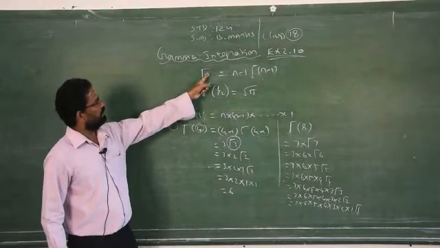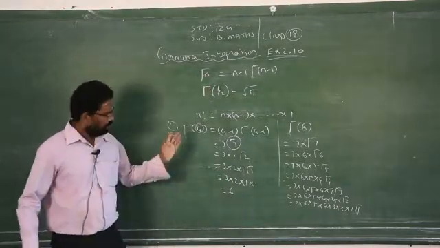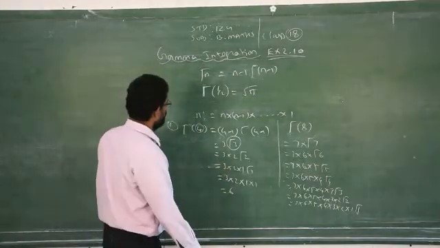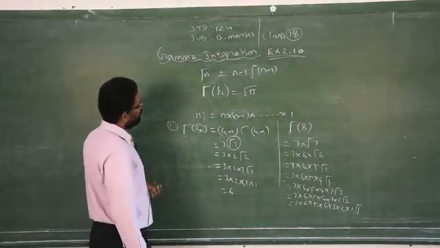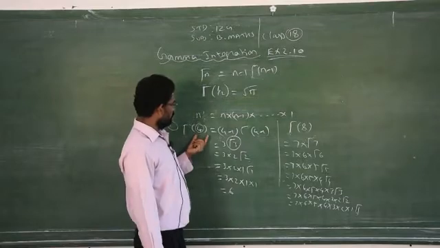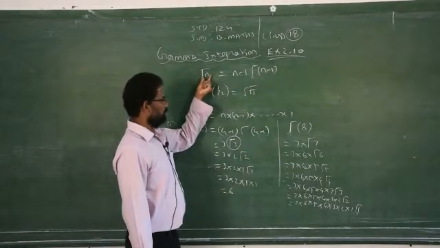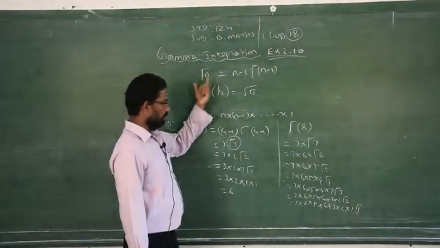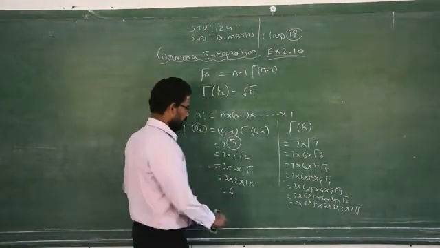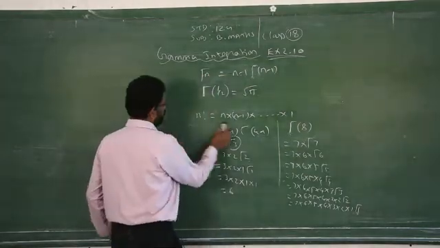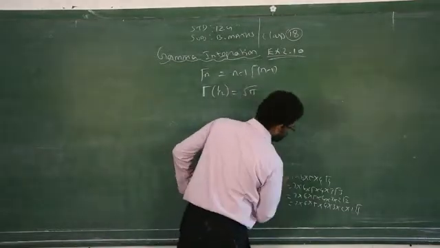Whatever the number is given, it should be a natural number, and fractions are also allowed to find out the gamma integrations. So, you can use this formula to find the values given in the place of n under the gamma integration. So, this is the process. Clear? So, now we will go to the sum number 2. Very simple exercise.